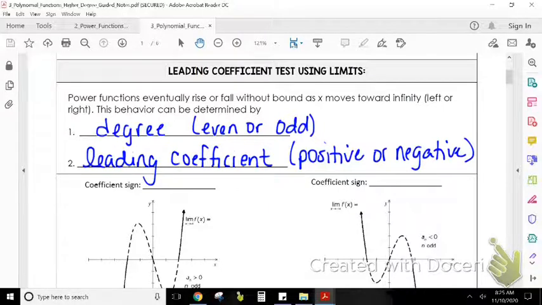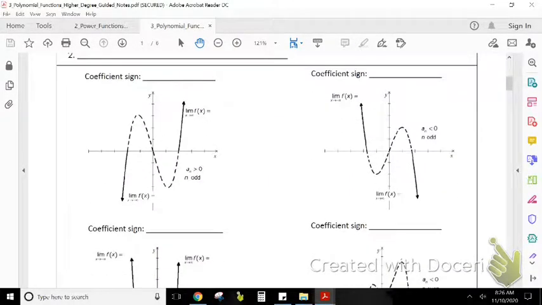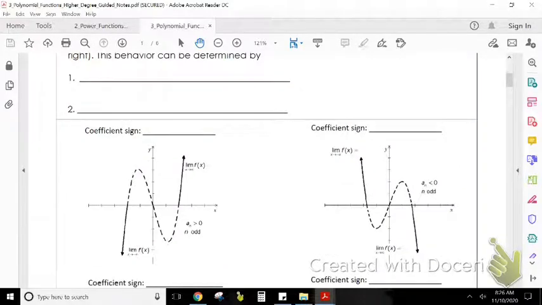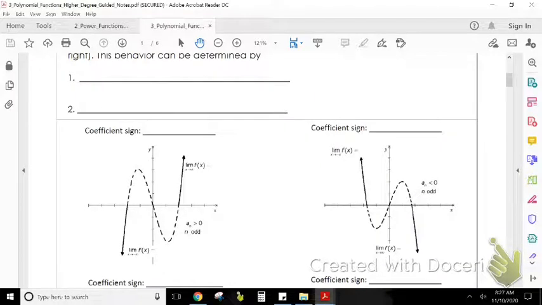All right, so let's look at these first two here. Oh, and I should have put this on this last part. Let me back up real quick. When they talk about the degree, they usually label it n, and the leading coefficient is labeled a sub n. So when you see a sub n, they're talking about that leading coefficient. If you see n, they're talking about the degree. Okay, so back here,